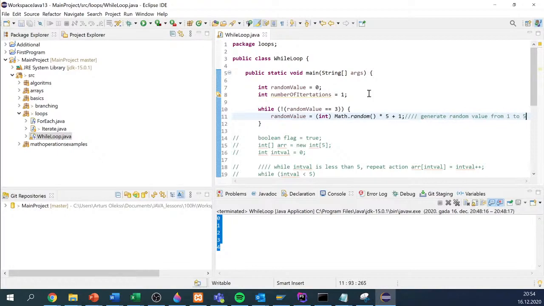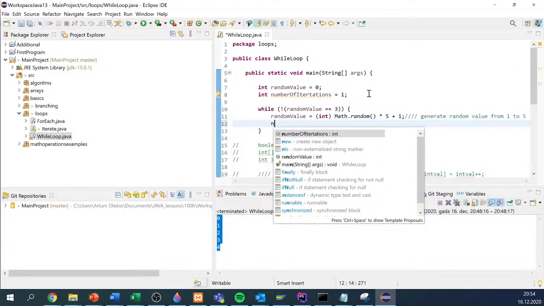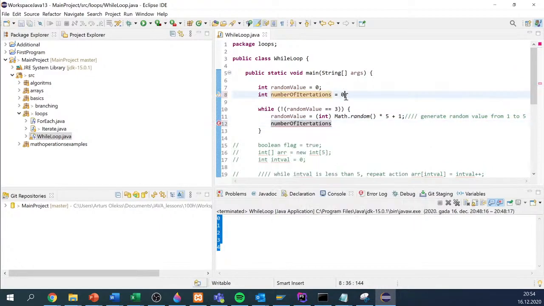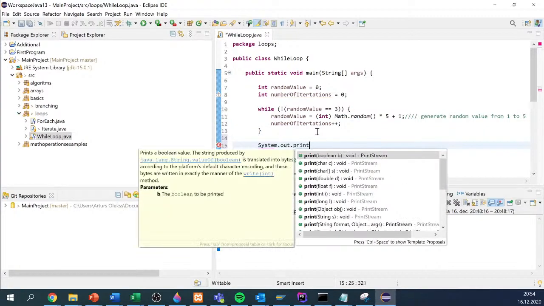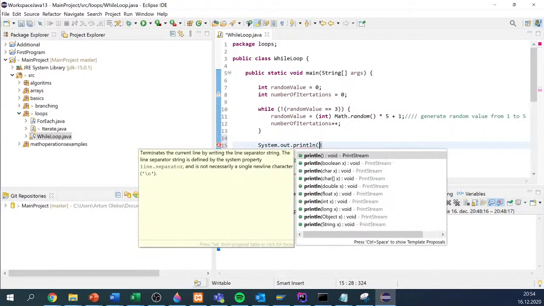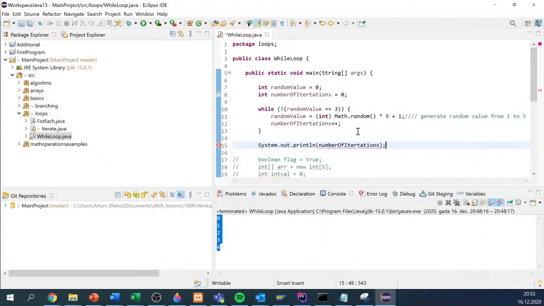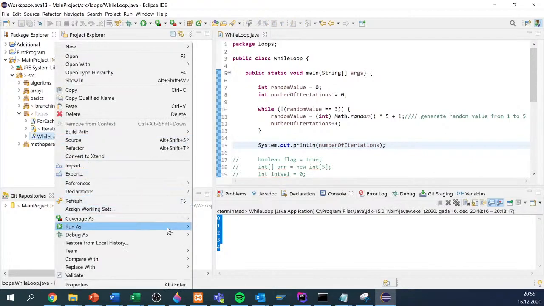And I will increment the number of iterations. No, I will start with 0, because I will increment, and the first operation will definitely be executed. So now let's check how many iterations are needed to get value 3. Iterations. I hope I created it correctly, and we won't go